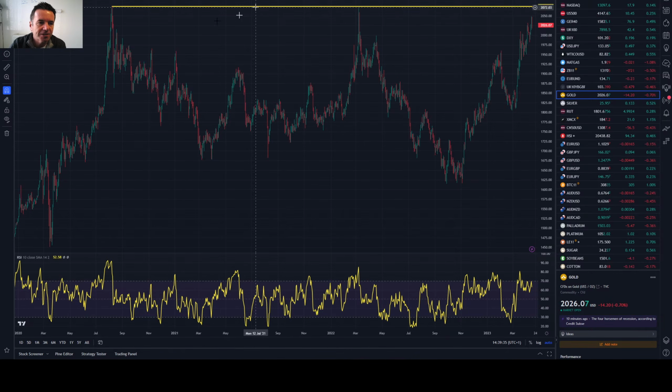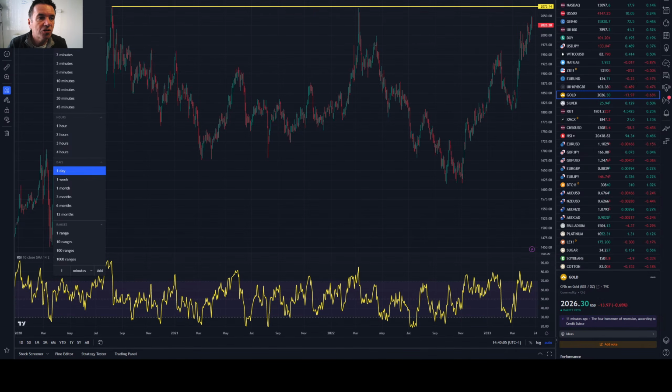If we go back to August 2020, the high was about 2,075. In March, with the Russian invasion of Ukraine, the high was about $5 less than that. And here we are at the moment, about $50 below those highs. So for me, if it's going to run out of steam anywhere, then we're here. We're back to the area where gold, traditionally, over the last three years, runs out of steam. So I think it's a really interesting market to watch.